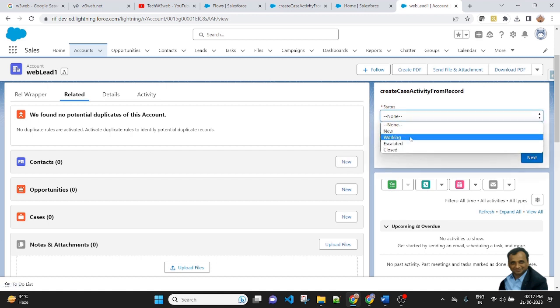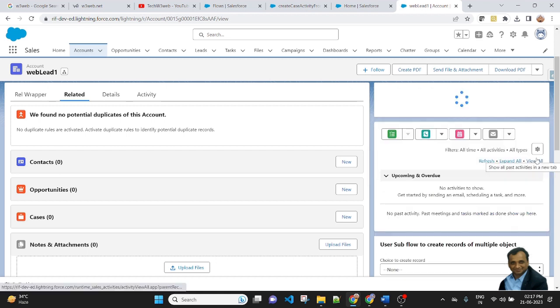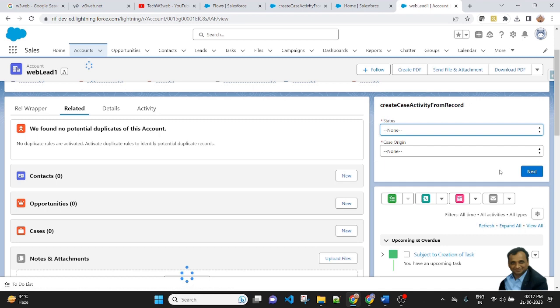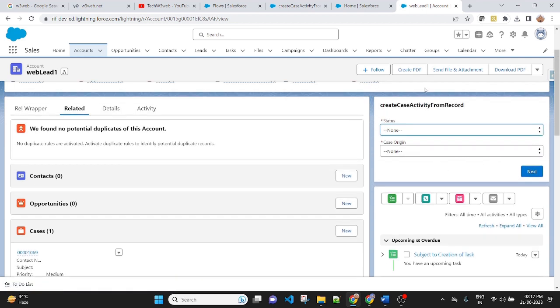So now I'm selecting Working, the case origin will be Email, and next. As you can see, Subject to creation of task is the subject name I have created. One task has been created and one case has also been created from this screen flow.